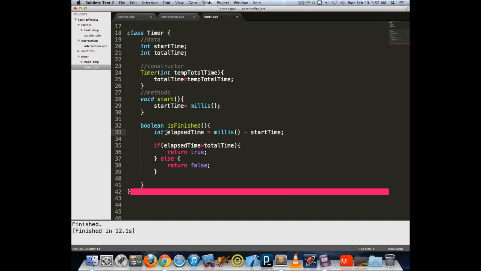So we check for how much time has passed. If the amount of time passed is greater than my total time for the timer, send me true. Otherwise, send me a false value indicating we're not done yet. So we have a timer object which has a start and it has an is finished. Now if you're real enterprising, you could add in and build up extra timer methods